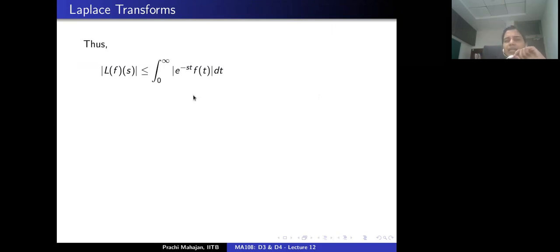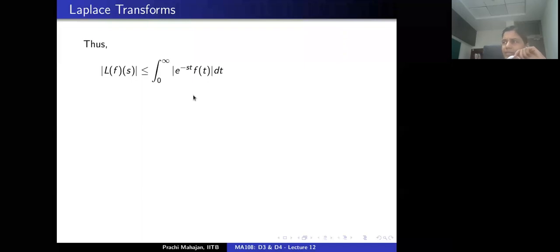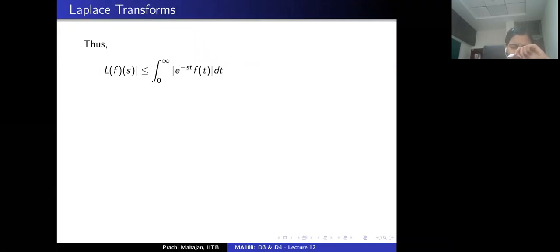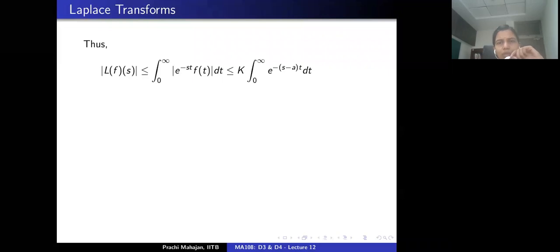Now we know that, by assumption, f is piecewise continuous on the interval 0 to alpha, and f is of exponential order, right? So we know by our earlier analysis that the Laplace transform of the function little f exists, so this improper integral actually converges. Now I'm going to apply this estimate here, the growth restriction on f, which is now valid throughout the interval 0 to infinity.